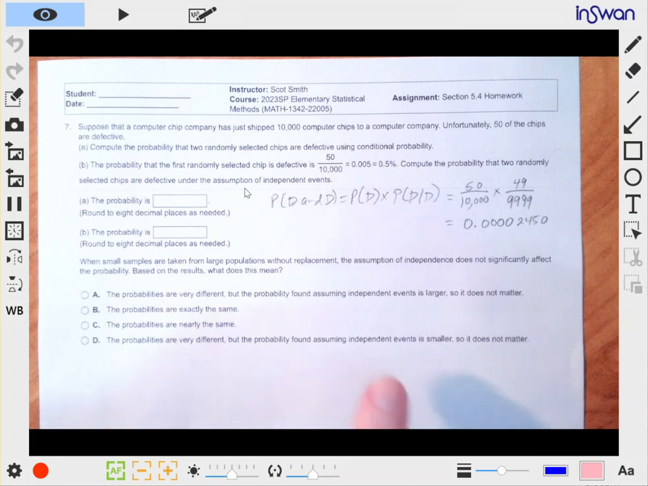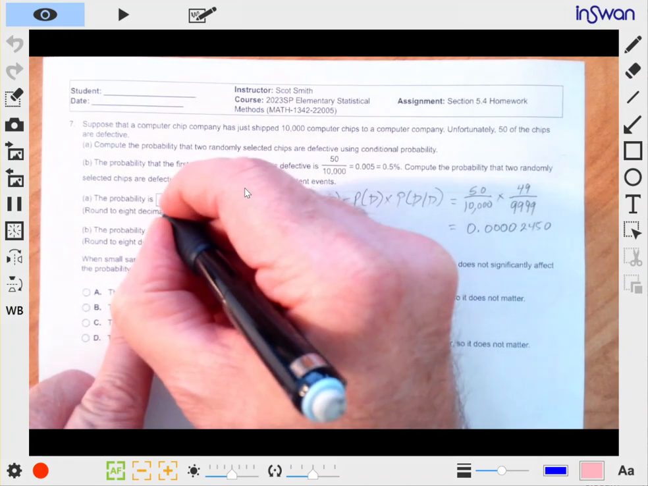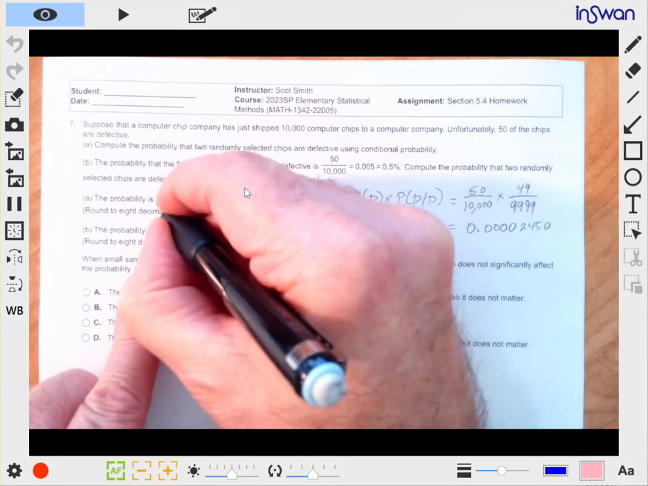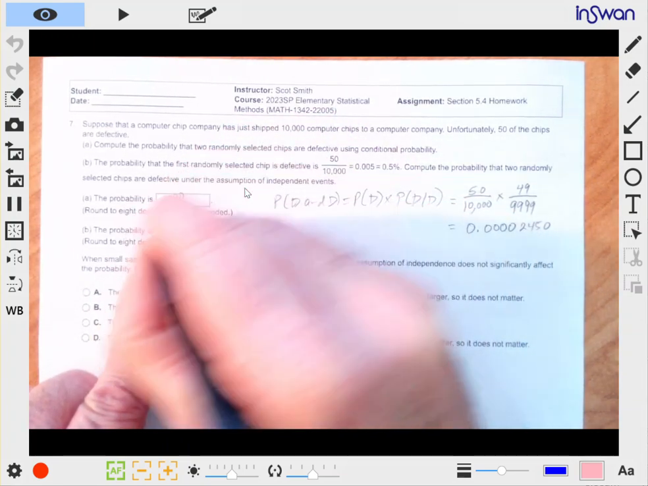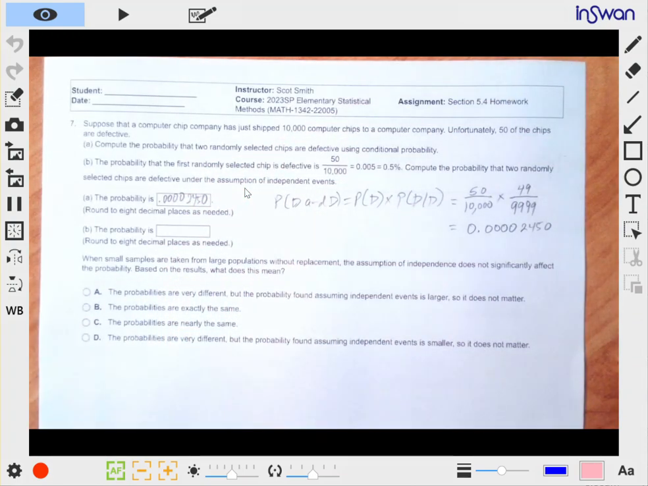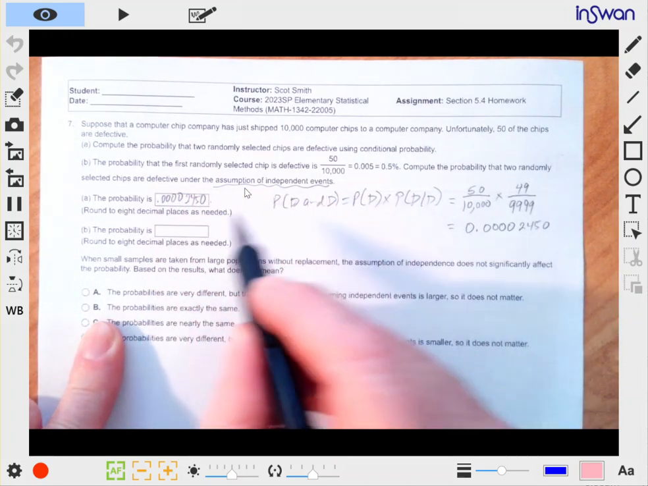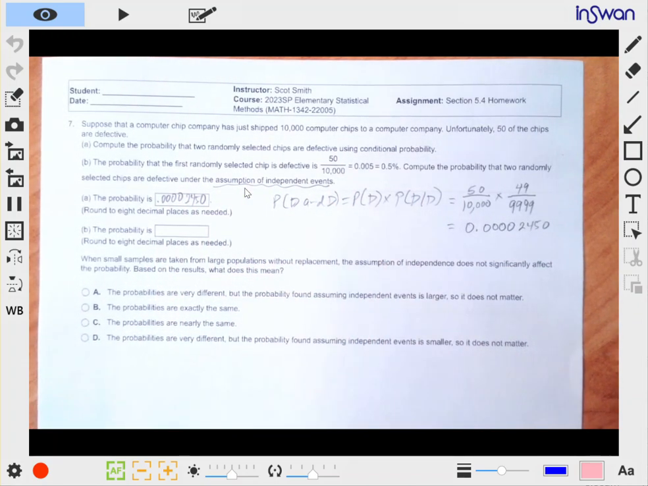All right. And let's go ahead and put that in. 0.00002450. Now in the second case, they want you to use the assumption of independent events. So what are they talking about there? Well, basically,